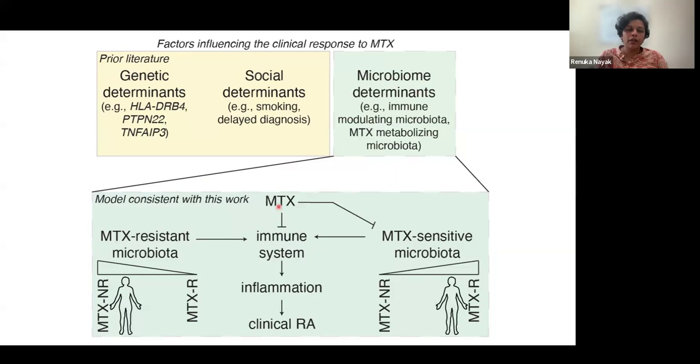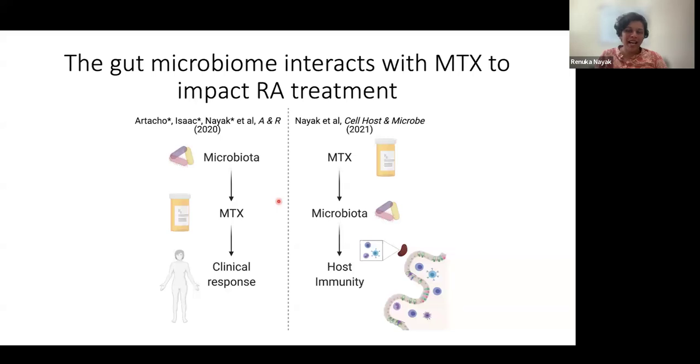And I think that methotrexate acts on the microbiome, and patients that are responders tend to have microbiota that are sensitive to methotrexate. Patients that are non-responders, I hypothesize, tend to have microbes that are resistant to methotrexate, and that resistance may be conferred by the microbes actually metabolizing the drug, right? And so when they do that, the methotrexate won't act on the microbe, and then there won't be any methotrexate to act on the patient as well. So that's, I think, how I'm tying all of this together.